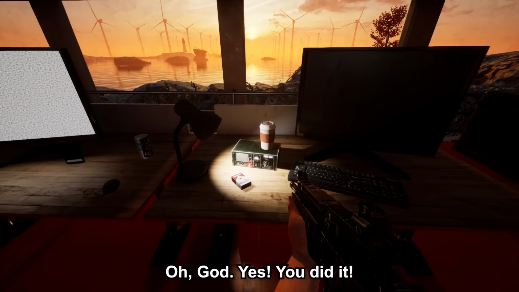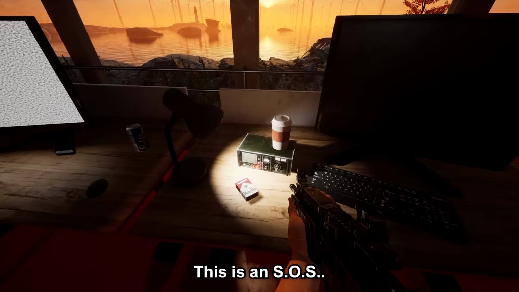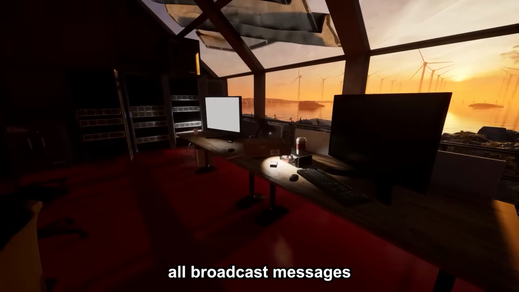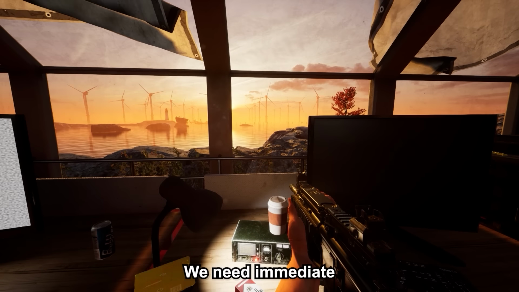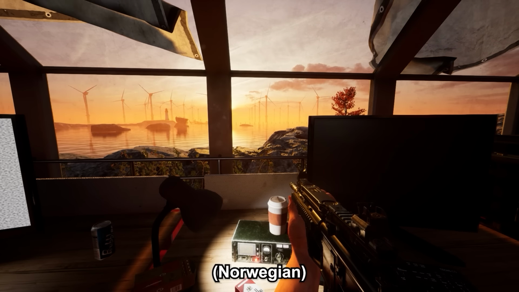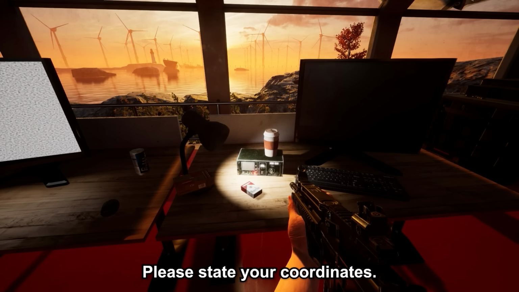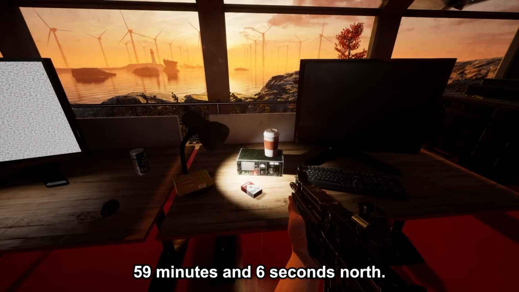Hello? Hello? Oh god, yes, you did it. Is there anyone there? This is an SOS. I repeat, an SOS. The island has been overrun. Our corporation have been stopping all broadcast messages from the island. We need immediate military assistance. Her er Kystvakten. Kan du oppgi koordinatene dine? This is the Norwegian Coast Guard. Please state your coordinates. Approximately 70 degrees, 59 minutes and 6 seconds north, and 2 degrees, 51 minutes and 54